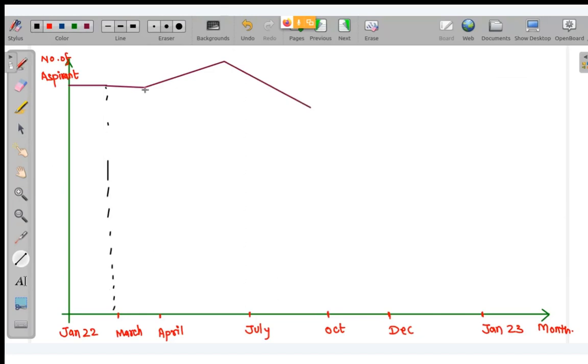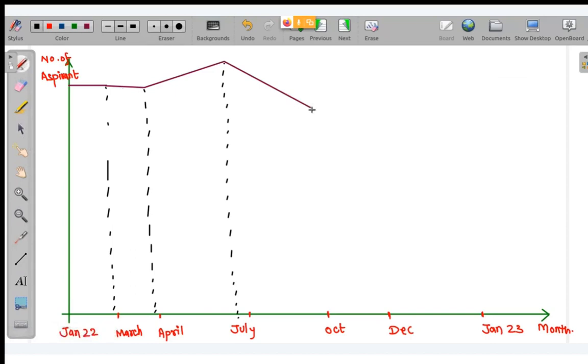This is March, this is April. This is my own analysis after 3-4 years of teaching and 6-7 years of giving GATE myself. So this is July, and till October there is a linear decrease in students. Due to what? Students feel like they haven't done enough, or they will get placed somewhere, or they will think the GATE exam is not enough for building their career. Such things happen and there will be a linear decrease.